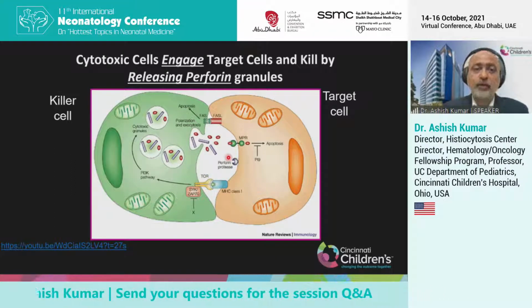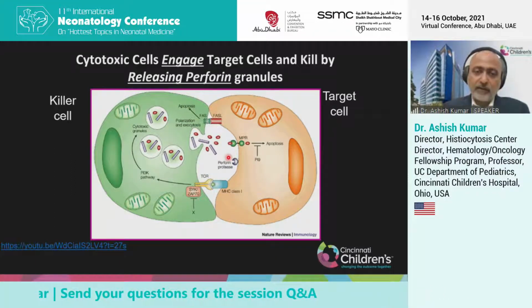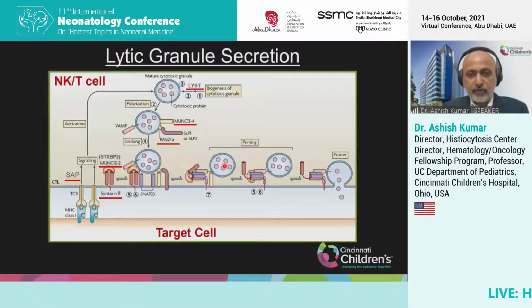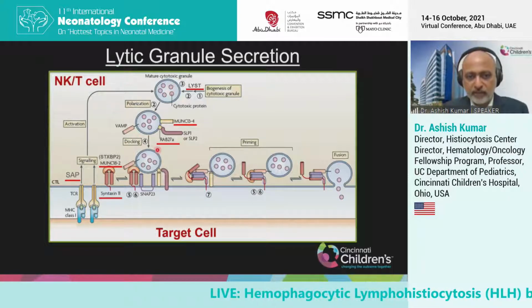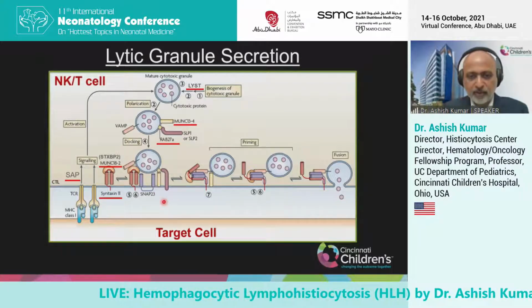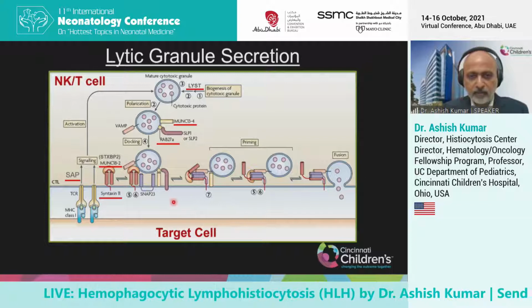But there can be several other problems, and that is the cell may have the perforin, but it cannot move these granules from inside the cell into the synaptic space here. And so that process requires many different proteins. There's a very complex signaling mechanism that tells the granules to move from inside the cell into the space, the immunologic synapse space, which is shown here in the middle.